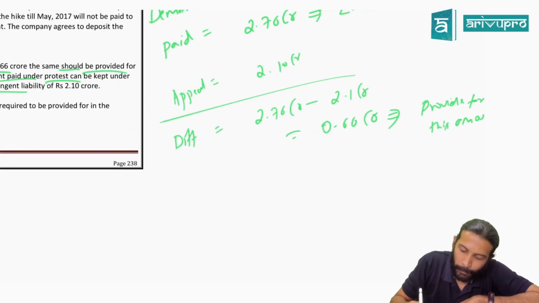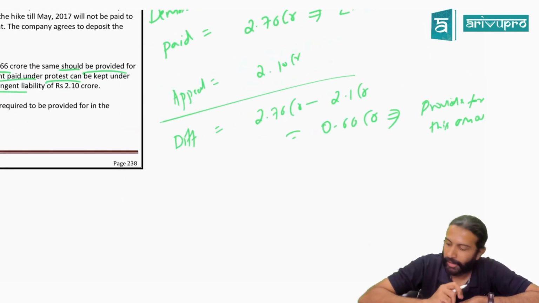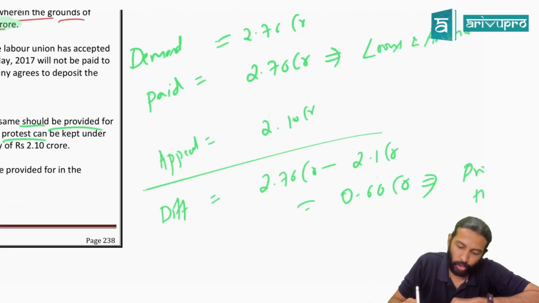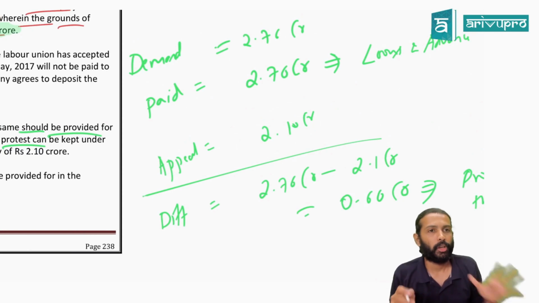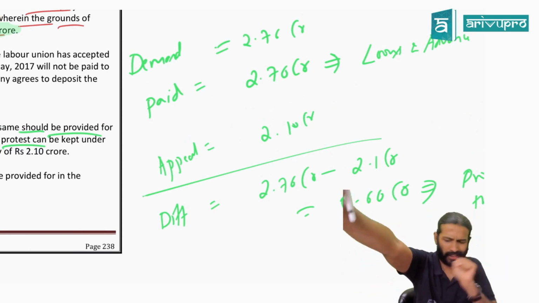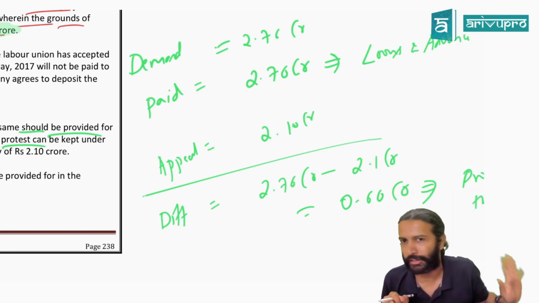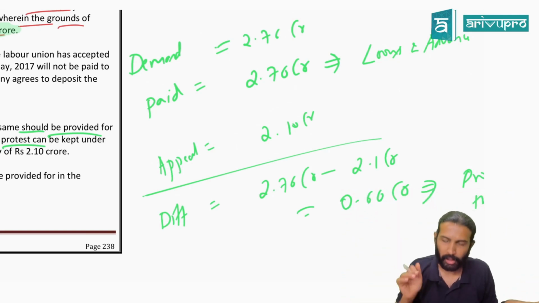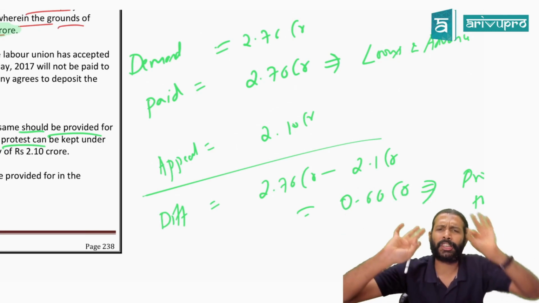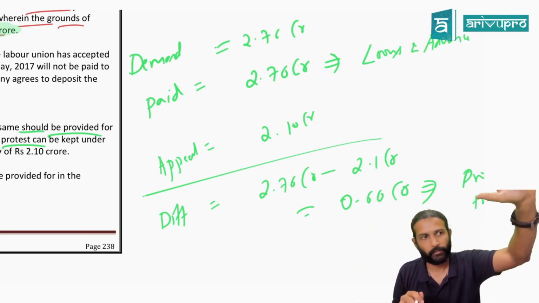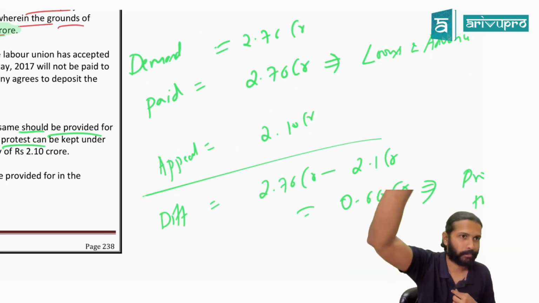All right, sir. So how much are you appealing against, sir? 2.1 crores. Yes or no? Appeal means you should give the evidence. Necessary evidence you will produce. This is like your court only. But you're not going to the court, you're going to the GST department, GST officer, appellate tribunal. You will provide the evidence. If that officer is happy with your evidence, he will say, okay, you win. Fair enough, we lose, you win. Take back your money.